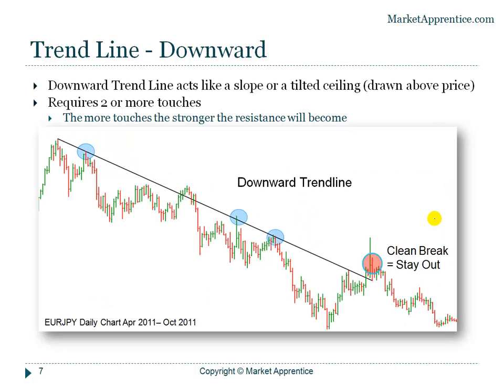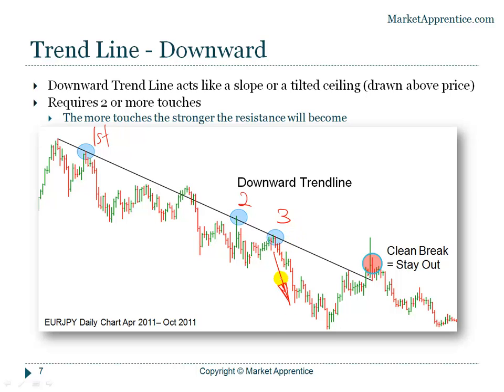Next chart is a Euro-Yen daily chart from April 2011 to October 2011. In this example again, we first have the first touch on the top left. The second touch happens here. As soon as we have 2 touches, the trend line becomes valid, and from here onwards, we can trade the